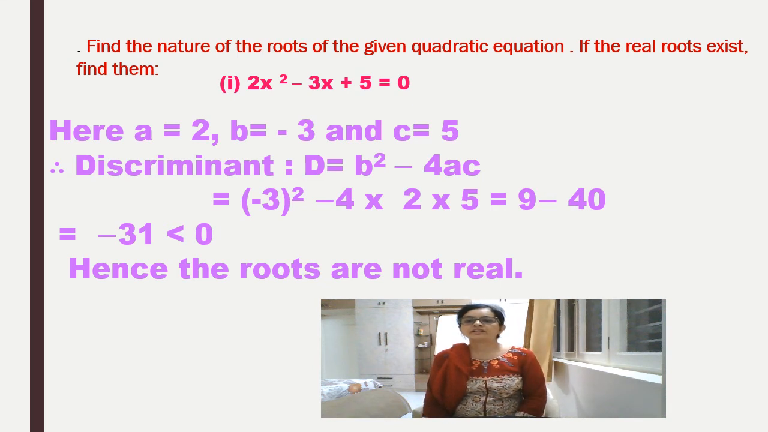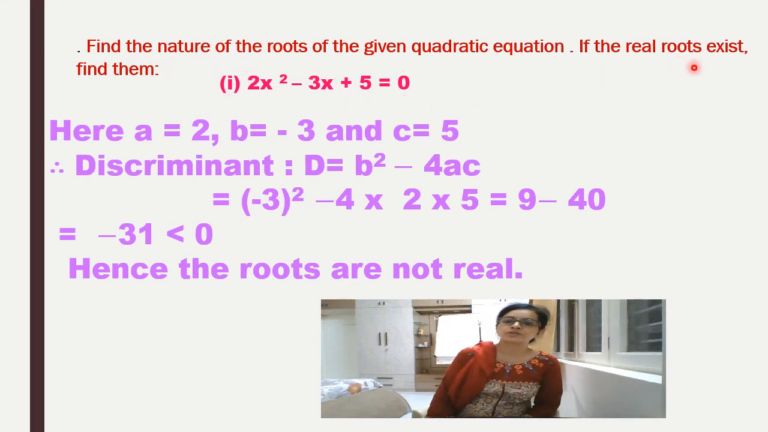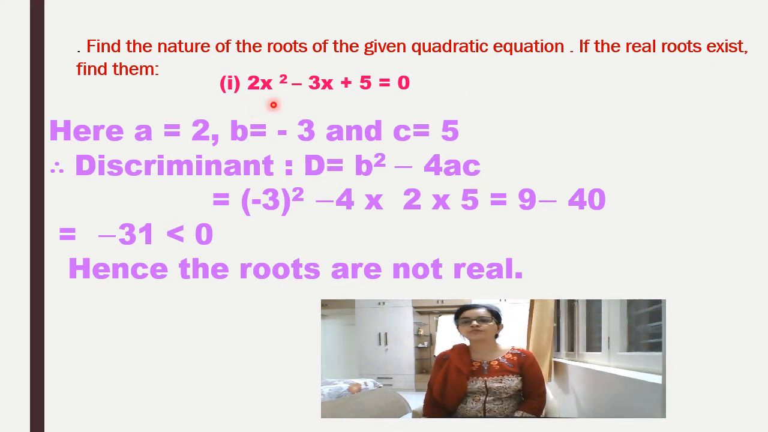Let us find the nature of the roots of this given quadratic equation. And once we know the nature of the roots, let us also find the roots. To find the nature of the roots, we need to find the discriminant as the first step. In order to find the discriminant, we need the values of a, b and c. What is the value of a? It is the coefficient of x squared, that is 2. What is b? It is the coefficient of x, which is minus 3. And what about the constant term? It is 5,